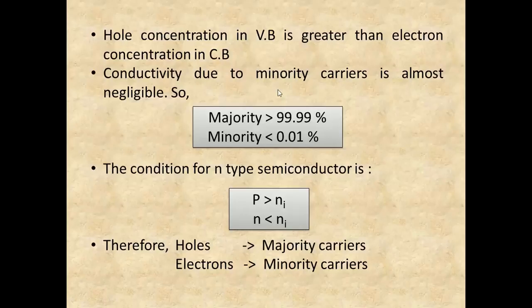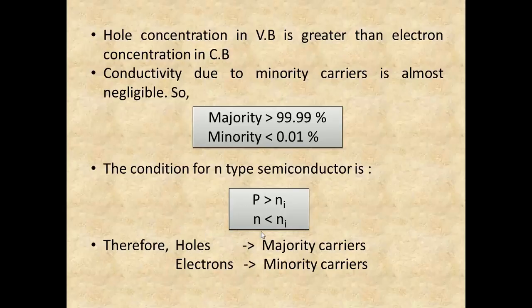And same thing here: there we had the electron as the majority carrier, but here we will have the hole as the majority carrier and electrons as the minority, and conductivity will be mainly due to the holes, that is 99.99%, and electrons will be contributing almost less than 0.01%. Similarly, the condition for the P-type semiconductor will be like